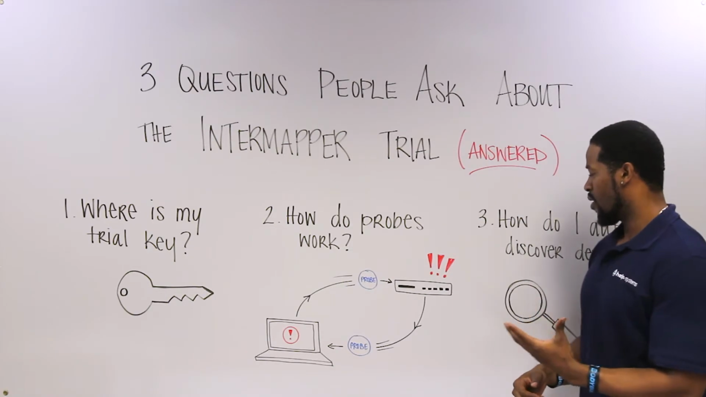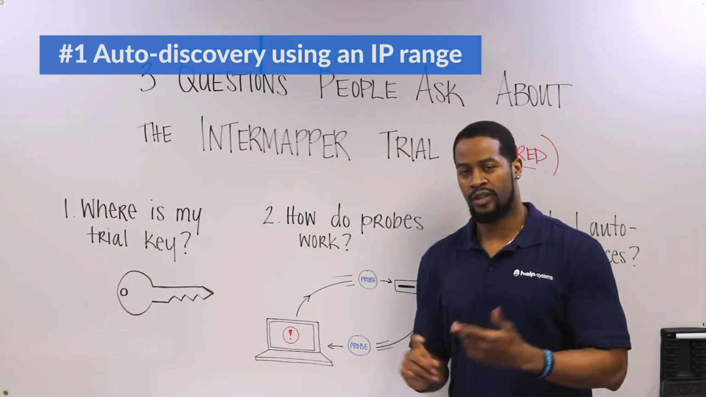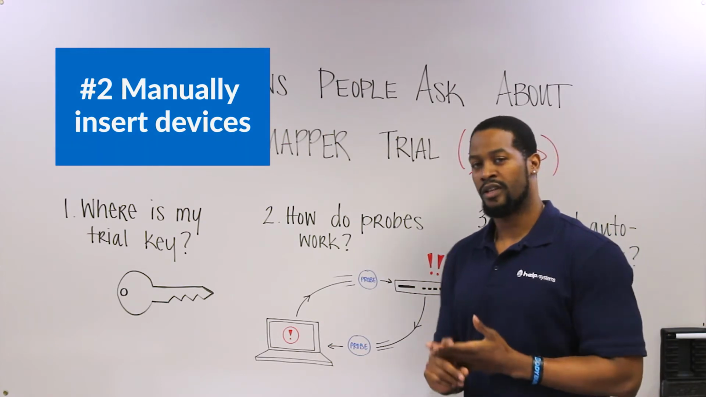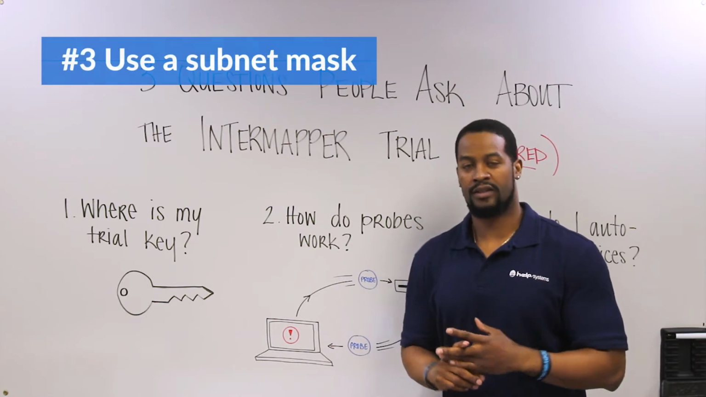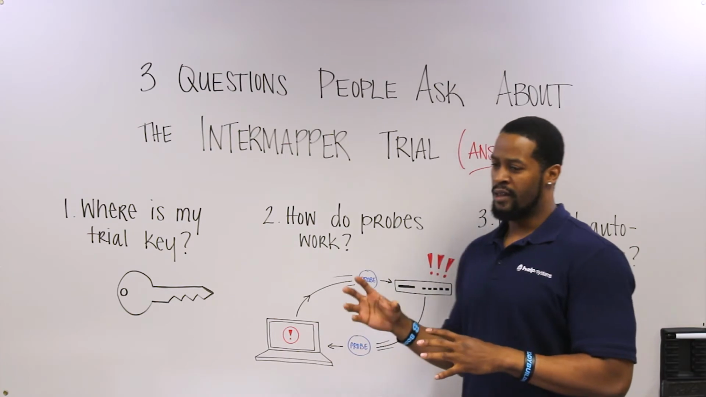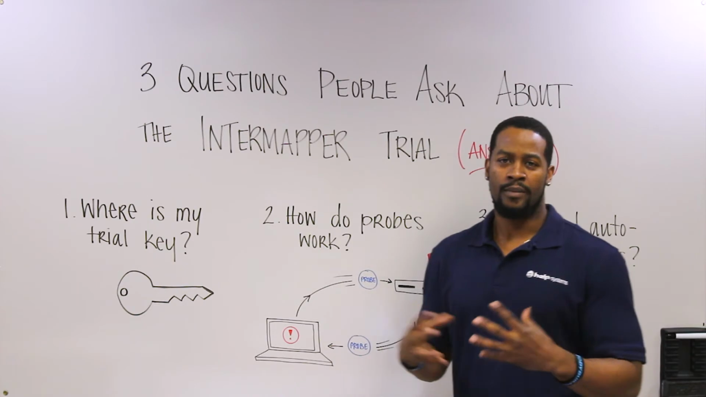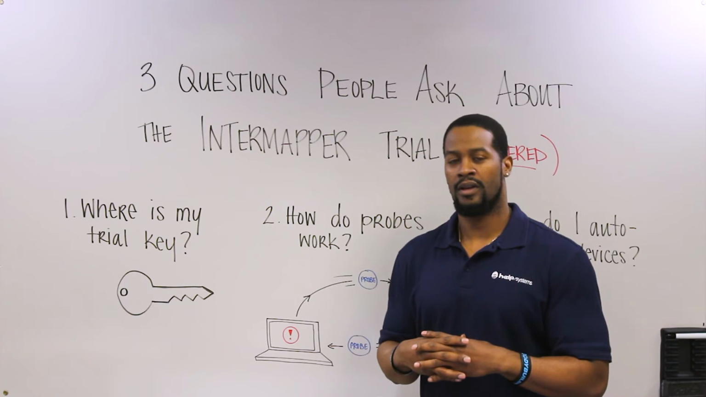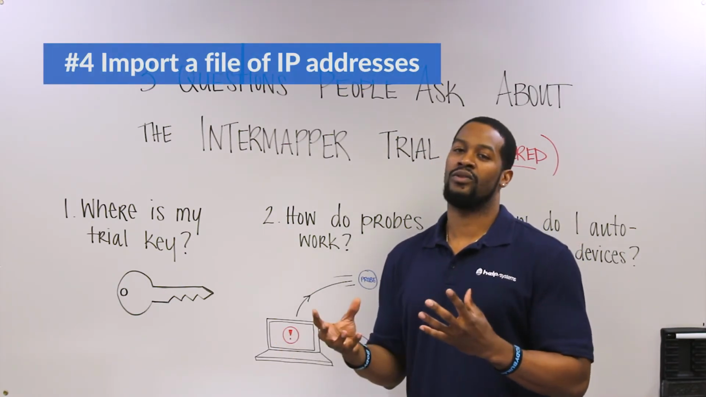There are a few ways to do the auto-discovery process. The first way is you can run an auto-discovery using an IP range. The second way, you can do a manual insertion where you insert devices manually. A third way, you can use a subnet mask or subnet network and insert devices that way. There's also a fourth way: if you have a tab-delimited formatted file with IP addresses associated with it, you can import that file into the